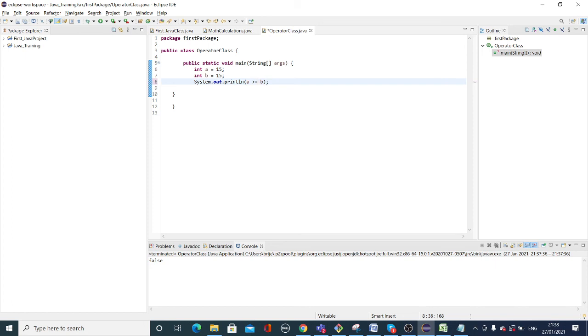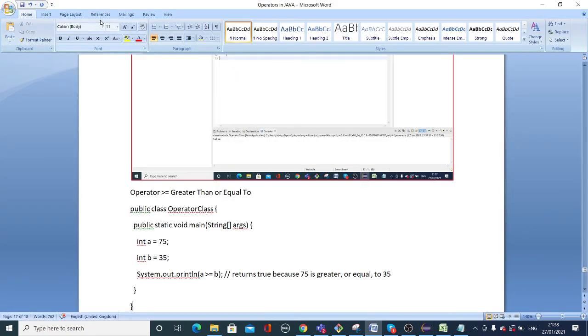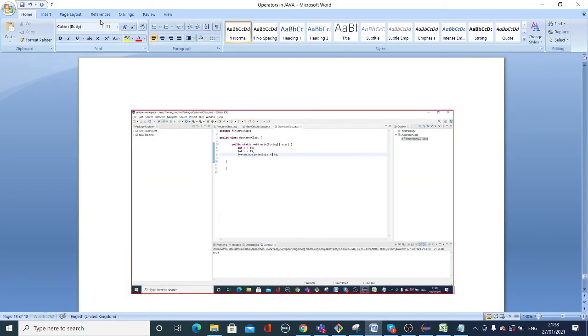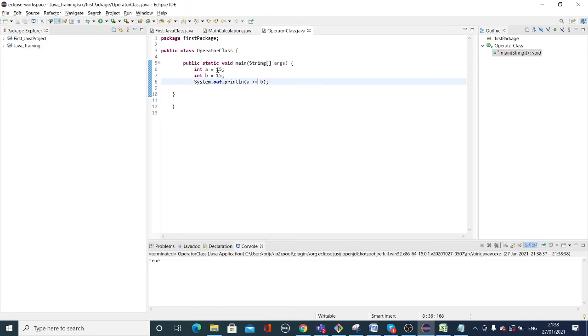What would be the result for this case? Int a equals 15, int b equals 15, system.out.println a greater than equals b. What would be the result? True, because it is. Let's give another example in here.